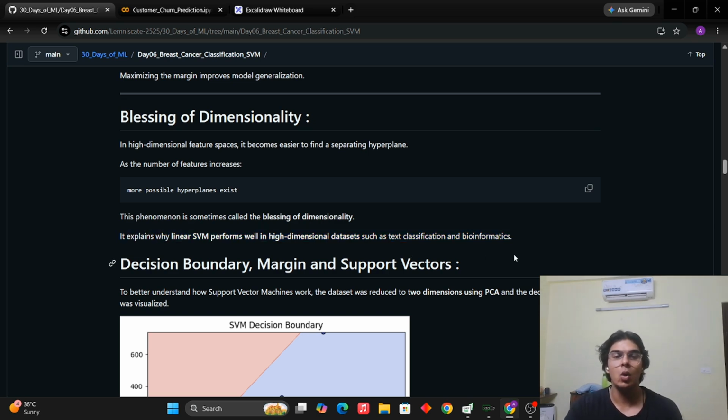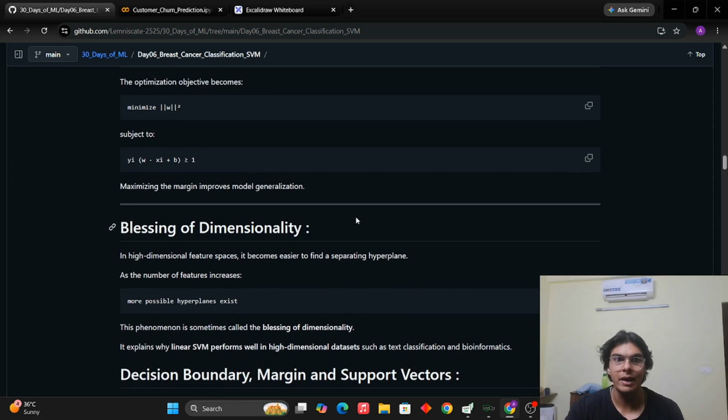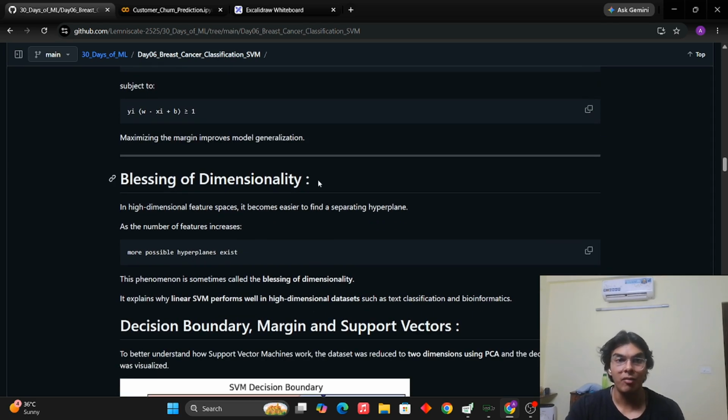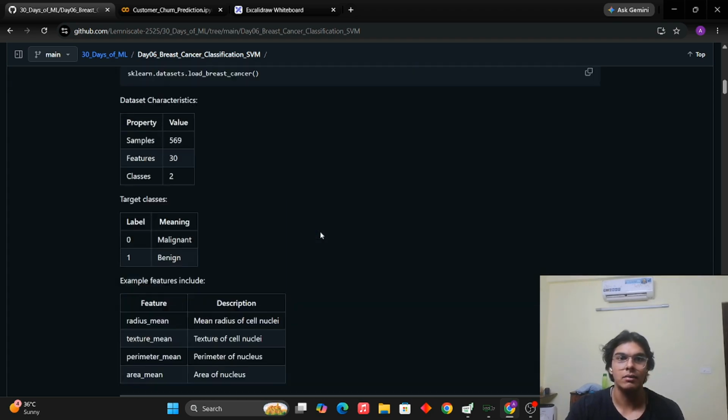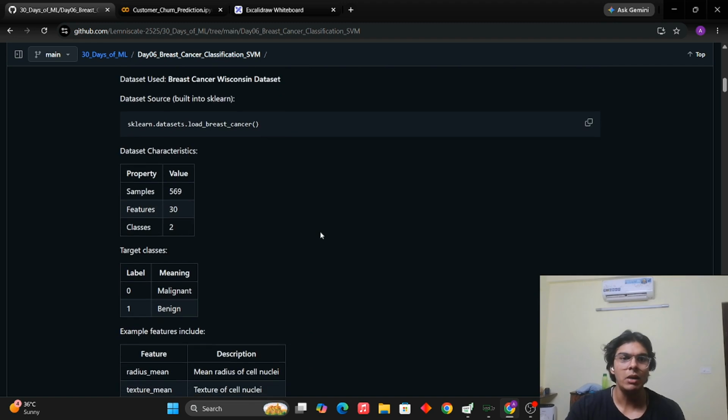This is how you can go about your thought process to choose a model. Because like I said, a naive Bayes model and a logistic regression model would have just made as much sense as the SVM model has done here. But looking at the data, we were able to evaluate that due to the property of blessing of dimensionality, SVM is the more suitable model here. Okay. So continuing,